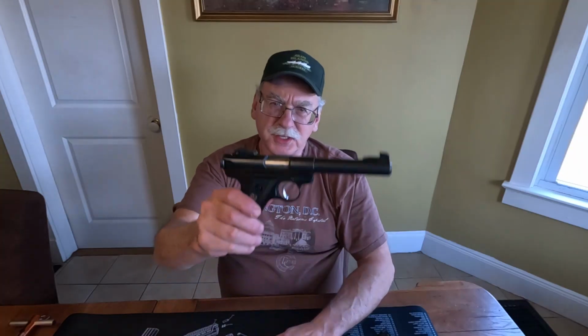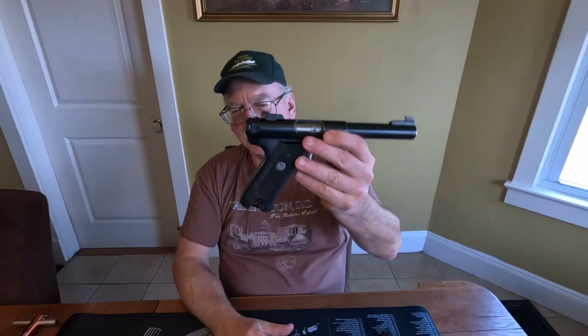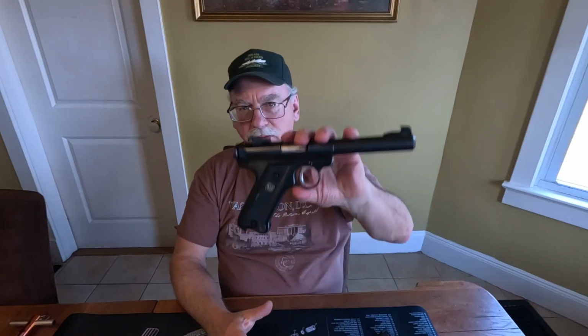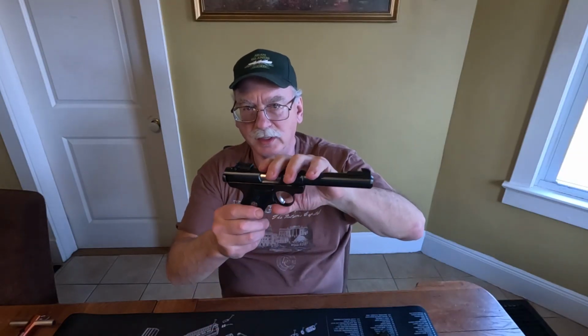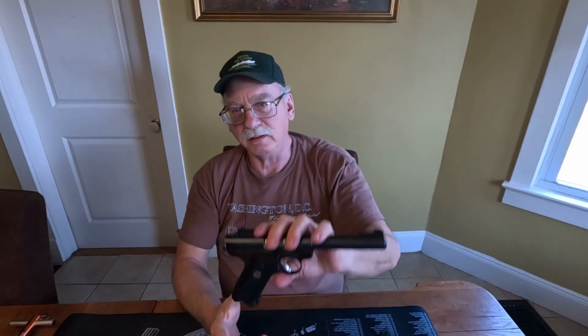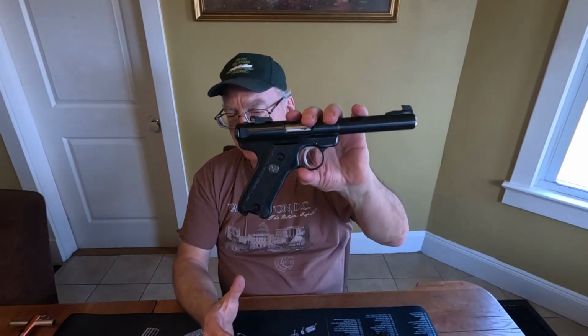I did disassembly and reassembly separately. I'll clip it into this film here. If you've never taken one of these apart, due to the slight difficulty putting them back together, a lot of people get scared and get rid of them, or they buy one, and then the first time they have to clean it, they get frustrated trying to put it back together. Just takes a little bit of practice. It's really not that hard. They come apart easy enough, but the